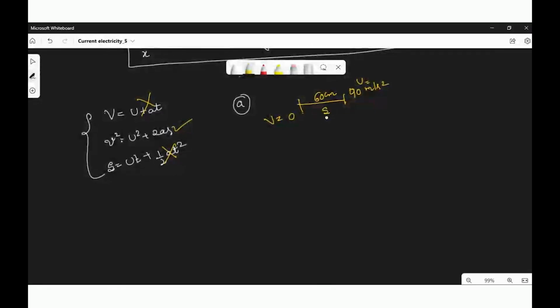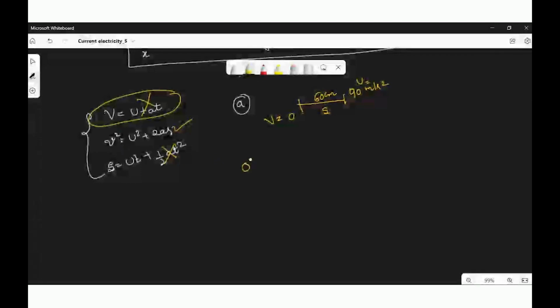That is how you should take it. And from there I can calculate acceleration. If there was something like at what time the bullet comes to rest, you would have to use the other equation. That is how you should relate. The equations of motion which you learnt in chapter 3 will be used here and there till the end of 12th standard. It's not a formula which is only used in that chapter.